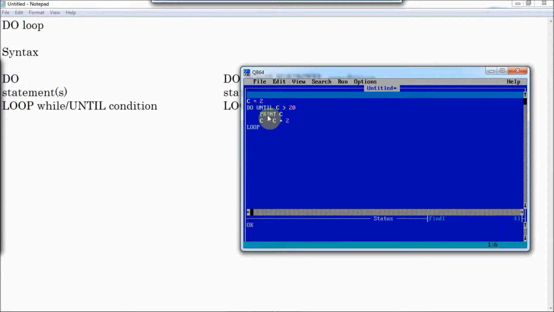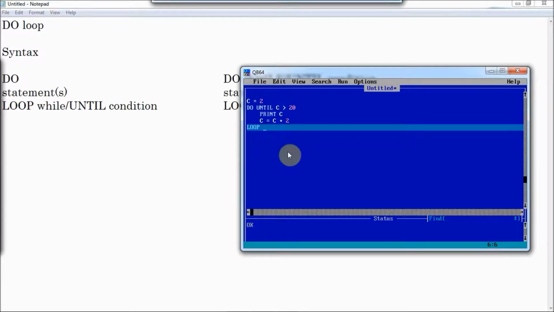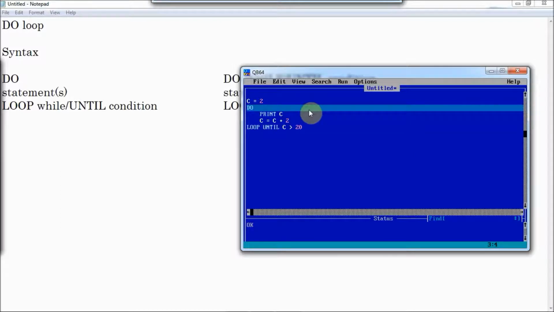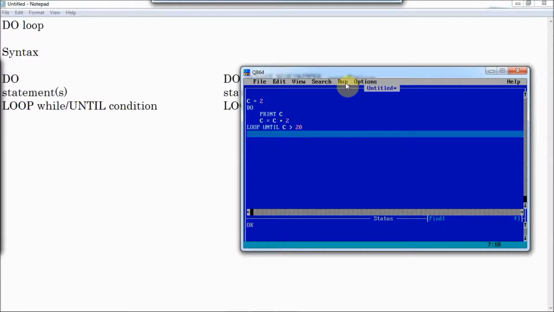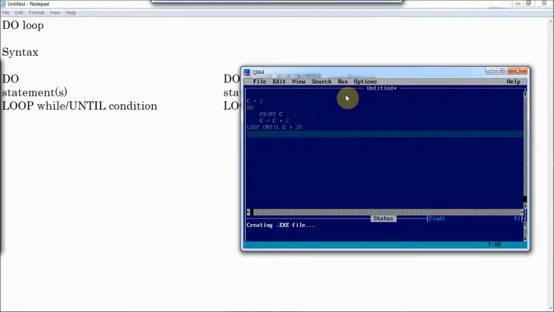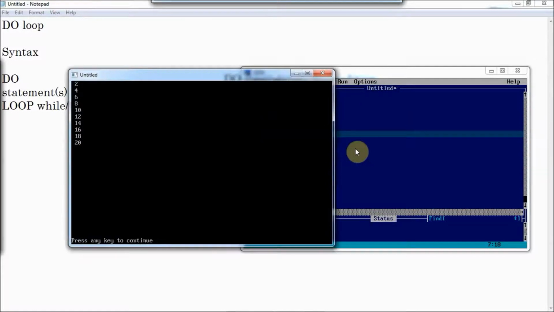Similarly, if you want to make it post-test, you give the condition at the end: until C is greater than 20. Now you get the same output. This loop will run until C becomes greater than 20.